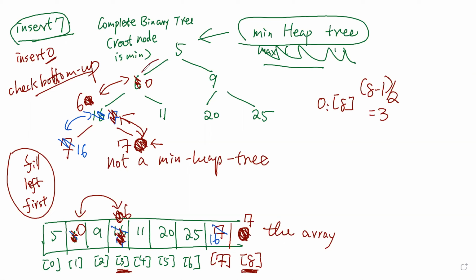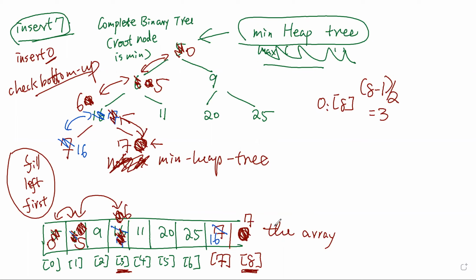Then you need to keep checking with its parent. And the parent is 5. Is it? And we know you still need to do swapping. So it's 0 and it's 5. So 5 is here and 0 here. Now this is a minimum heap tree. Is it a minimum heap tree? Okay. And from what we just discussed, you can kind of see that each time you want to insert,